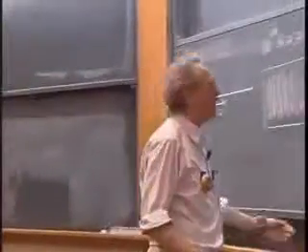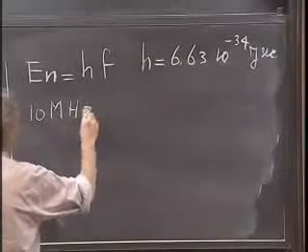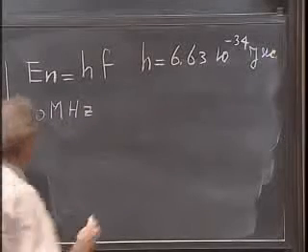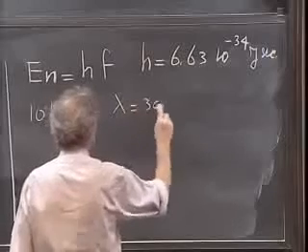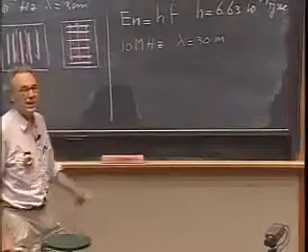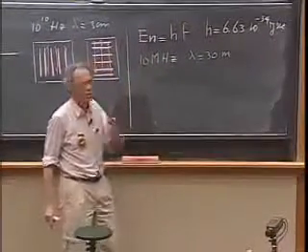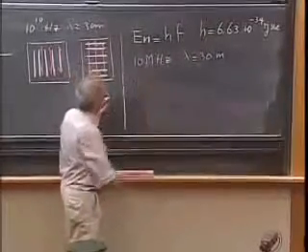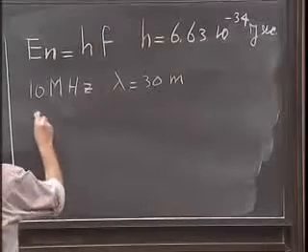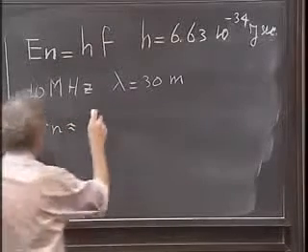So take an example, take radio waves. I'll do only one example for you. So we take 10 megahertz, 10 to the 7 oscillations per second. So that would be a wavelength of about 30 meters. One photon contains energy. And each radio photon with this frequency has exactly the same energy. It's a quantized amount of energy. And if you substitute for this frequency and you multiply it by h, then you get that the energy is about 6.6 times 10 to the minus